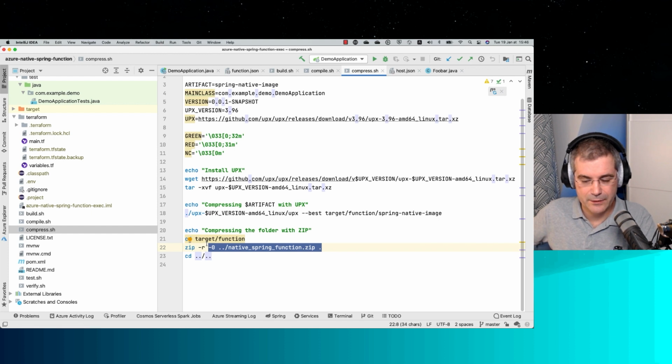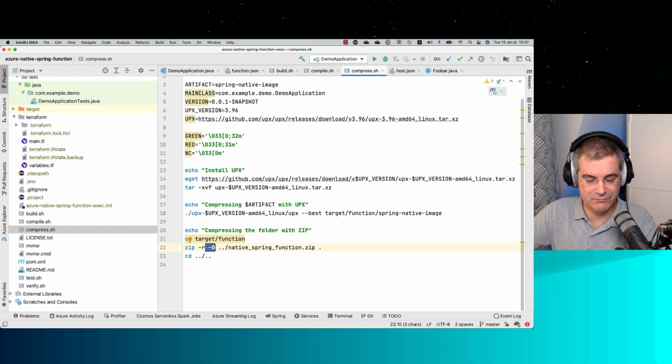As Azure Functions is waiting to have a zip file, and here we are compressing it with UPX, I am recompressing it, but with 0. So I have a zip file which has just a binary in it, which is already compressed. My idea here is that Azure Functions will download that zip file. It will unzip it very fast because there's no compression. Then it will get the binary, and that binary, which is compressed, is self-sufficient. So it will uncompress itself and run itself.